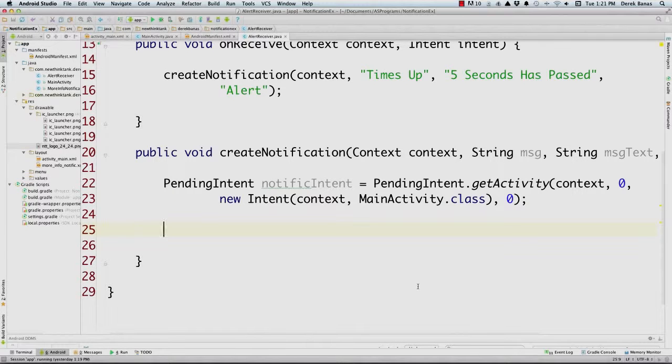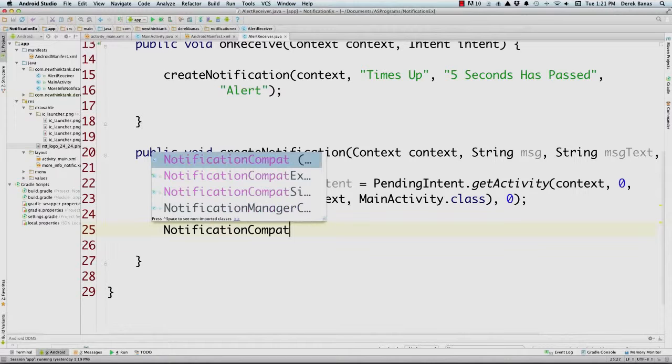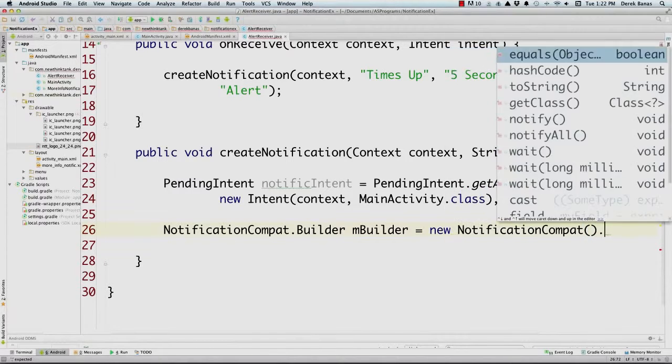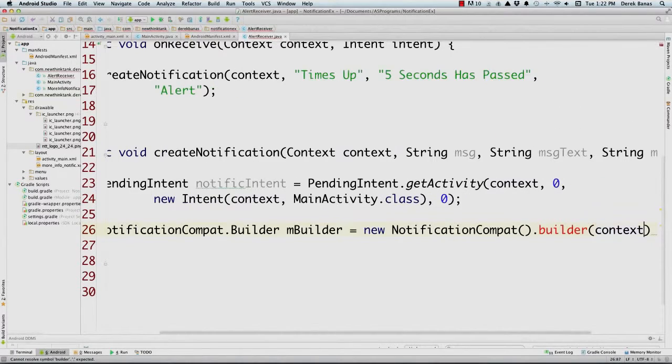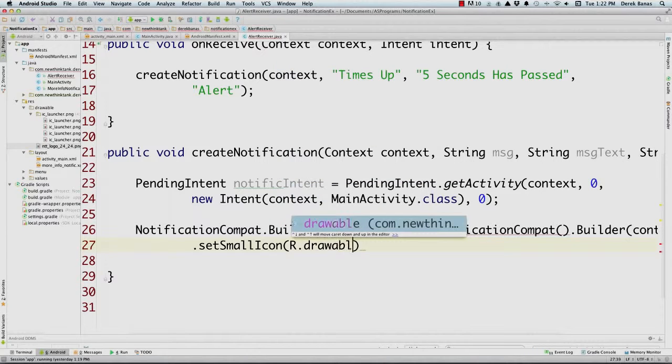We need to build the notification that we want to show up whenever the 5 seconds has elapsed. We're going to do that in exactly the same way using this builder, just like we did before. Let's just call this mBuilder equal to new Notification.Builder, pass in our context, make sure that's uppercase, and then just like we did previously, we're going to come in here and define everything. So let's say we want to define the icon we want to show up inside of there, R.drawable, just like we did before, and I'm just going to use that one again.